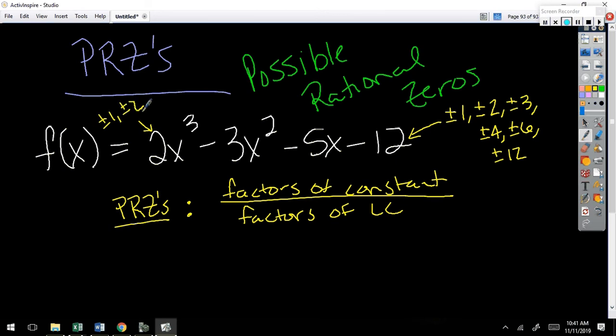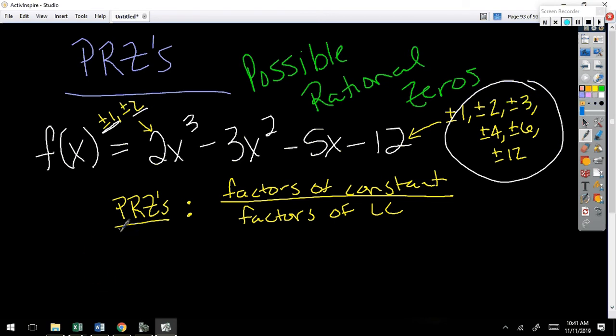So here's my challenge. I have to make a list of all the different fractions that I can make, taking the factors of the 12 divided by the factors of 2. So what I always tell students to do is set it up like this. Take all these numbers, divide them by the first one. Then take all those numbers and divide them by the second one. If you had another one, you would take all those numbers. Now, you don't need to include repeats. If anything repeats, and it will, you don't have to include them.